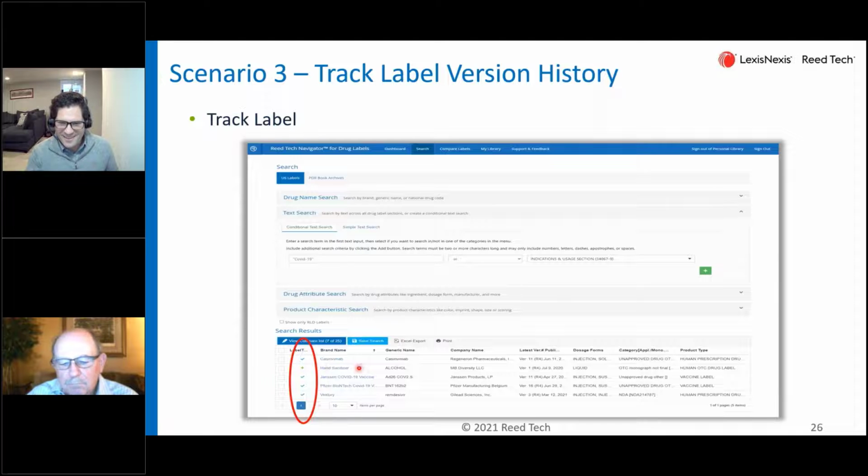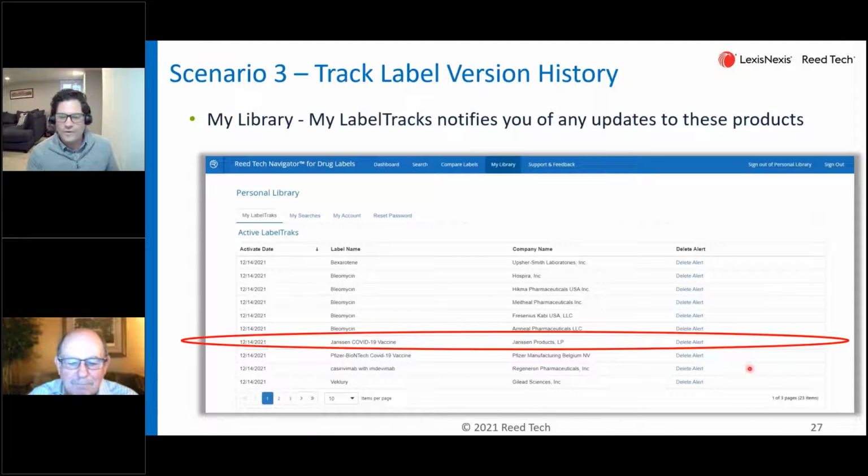So right now I'm doing a little bit of a different search, right? This is on COVID-19 under indications and usage. Again, I'd mentioned earlier that there are some companies out there that are putting that in their OTC drug label. I'm no attorney, but I don't know if I do that. Moving forward, what we've selected now in our label track